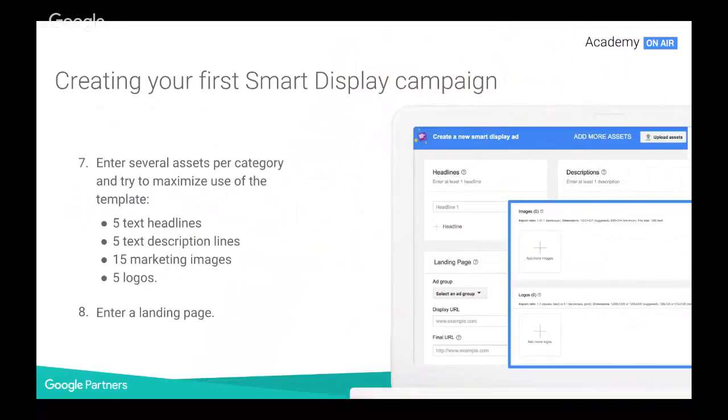Okay. And then in terms of assets, like I mentioned, yes, you upload 5 headlines, 5 description lines, then you add a landing page. Now, as something that's not on this slide, but that I strongly advise is if you have a multitude of services or a multitude of products on your website, in campaign settings, attach a dynamic feed, because then that will allow us to run not only dynamic remarketing for you within that campaign, but also the so-called dynamic prospecting, which is